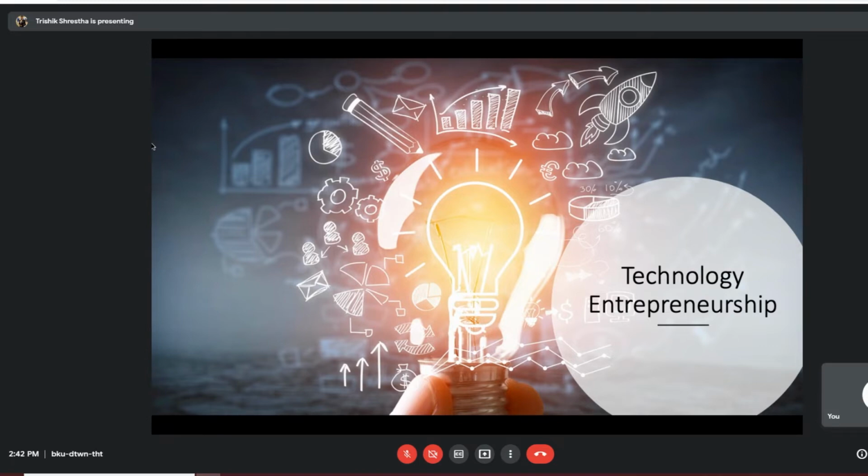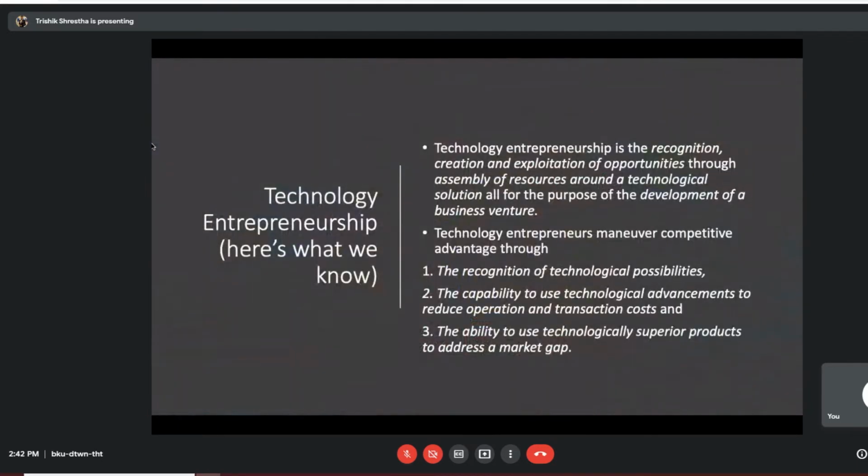So we all know what technology is, we all know what entrepreneurship is. Entrepreneurship is basically solving a problem that exists in society and maybe making money doing it. That is the easiest definition of entrepreneurship. Entrepreneurs solve problems, and along the line they make money doing it. Social entrepreneurs solve social problems and then they make money doing it. Technology entrepreneurship can be defined just as simply: using either available or maybe not easily available technology, but regardless, using technology to solve problems and then make money doing it.